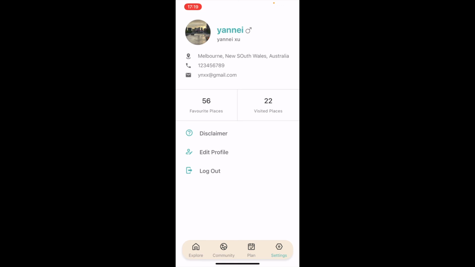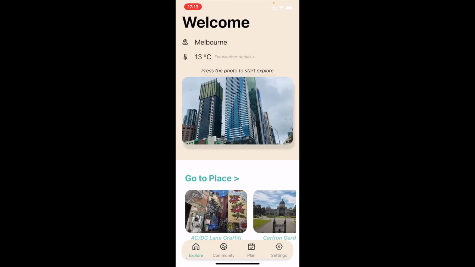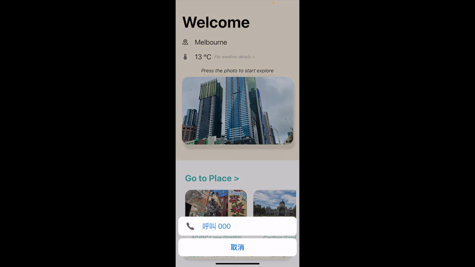So one thing I forgot to mention is about emergency call. You can long press anywhere in your explore screen, then you can get an emergency call based on your current location. So currently we support China, Australia, New Zealand, US, UK,